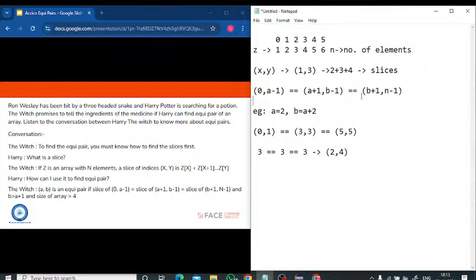So here I just skip this index position 4. So now if all these three subarrays are giving the same output, the same sum value, then I just say that this index position 2 and index position 4 is the equipair. I just want to return this as a final answer, right? So better we take one